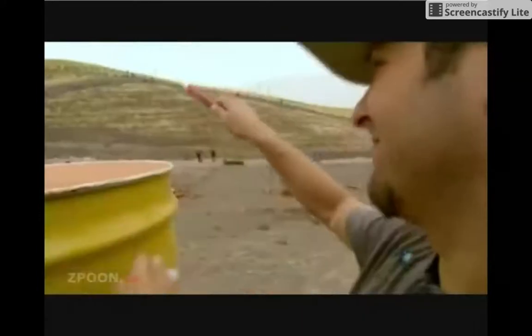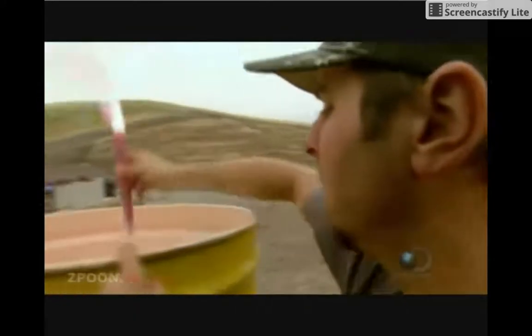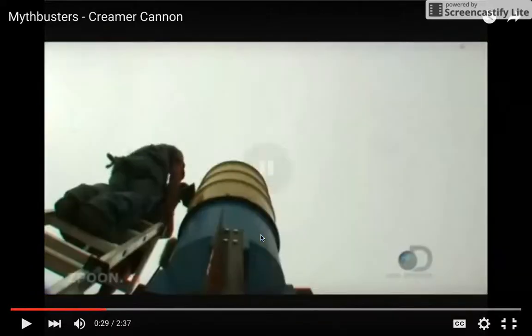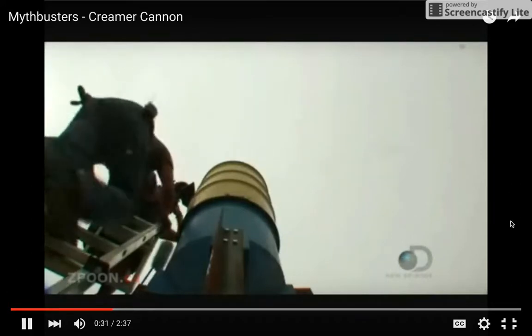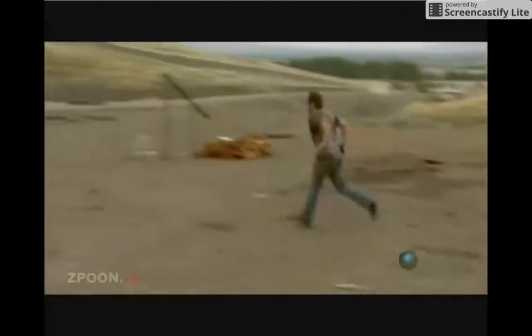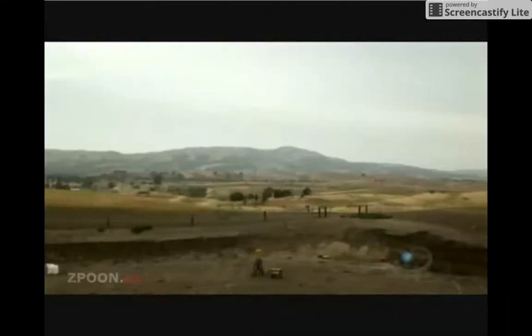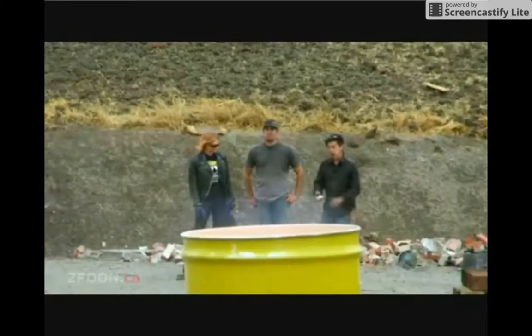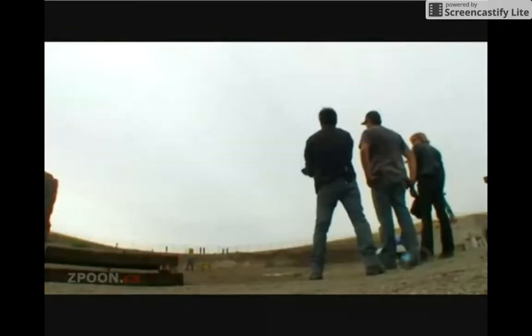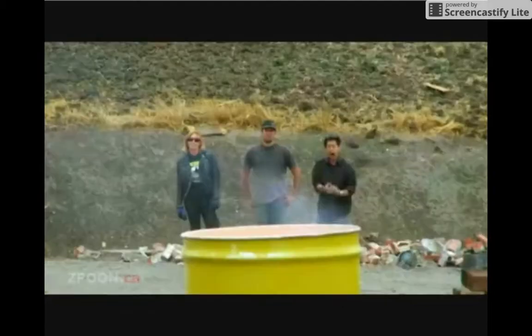There you go. Then Tori sets the spark. So if you look at it, the spark is only really from that flare. So it's only from that flare. It's not like a big flame to start the whole thing on fire. So, but look at how what happens first. The volume of air is crucial. This could either be a blast or a burn. All right, fire this puppy up. All right, here we go. Non-dairy creamer cannon. In 3, 2,